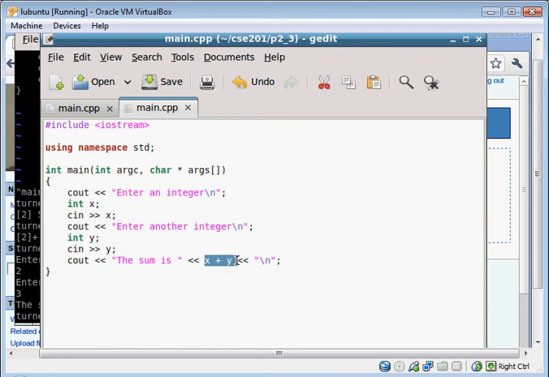Oh, I'm sorry. I'm rushing because we're over time here. Actually, this addition is done before this operator runs. And that's because addition has a higher precedence. It has a higher priority. The compiler says, oh, I see this operation and this operation. Which one do I do first? C++ and other languages are built to execute the plus operation first. So once this is done, X plus Y is then